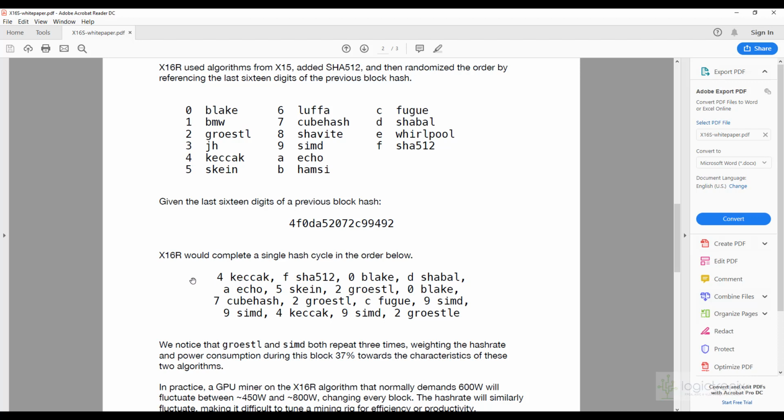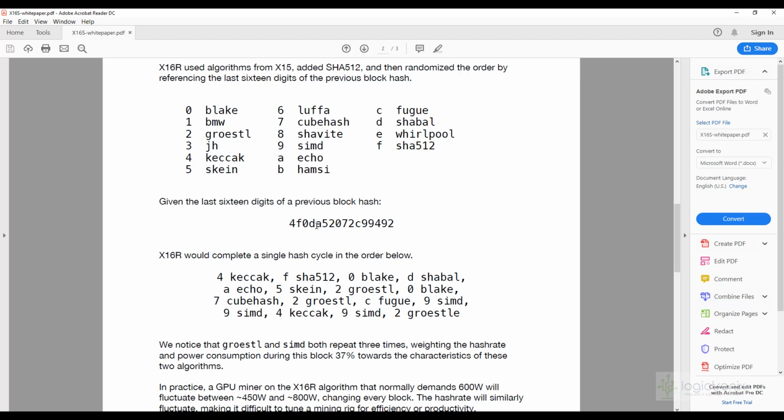So D in, the first input, will be passed to Keccak, and the output of Keccak will be passed to SHA-512, and the output of SHA-512 will be passed to the input of Blake, and this arrangement will be determined according to the previous block's hash. And this is more ASIC resistant than X17, but it has some disadvantages, like